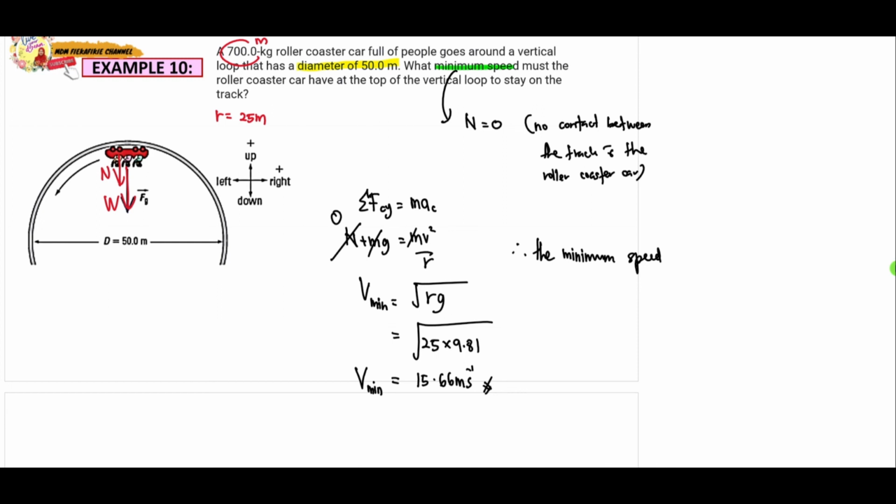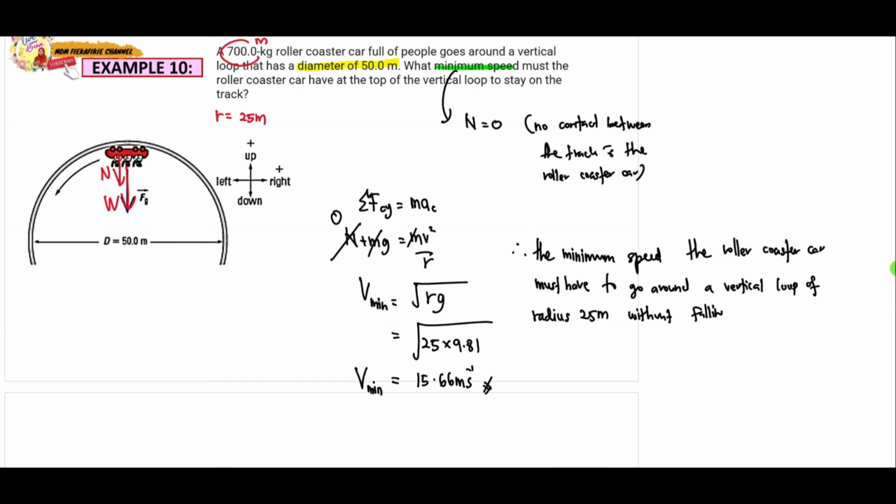Tulislah the minimum speed, okay, the roller coaster car must have, okay, paling minimum perlu ada adalah, okay, must have to go around a vertical loop of radius 25 meter without falling off. Apa dia? Is